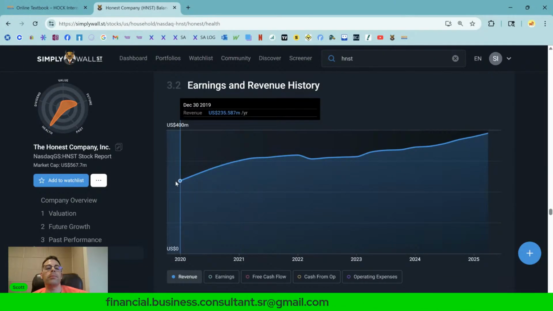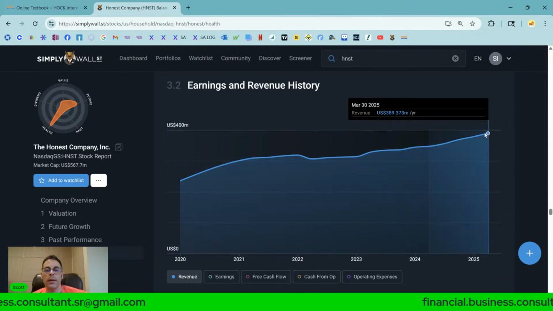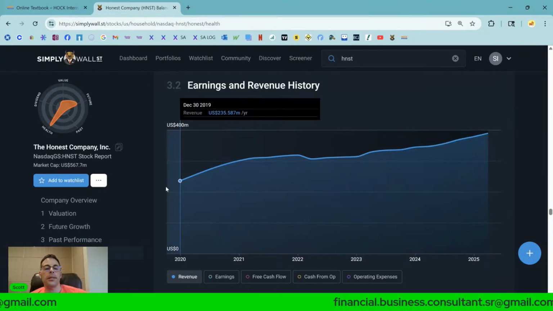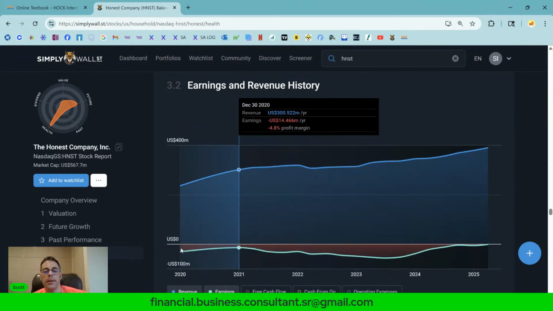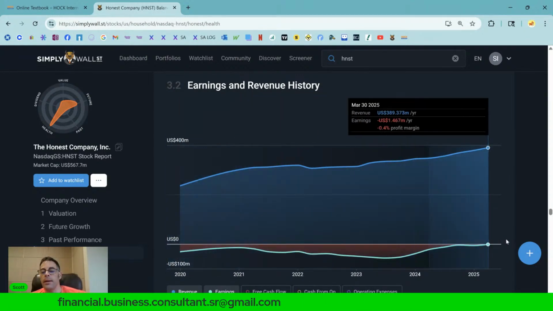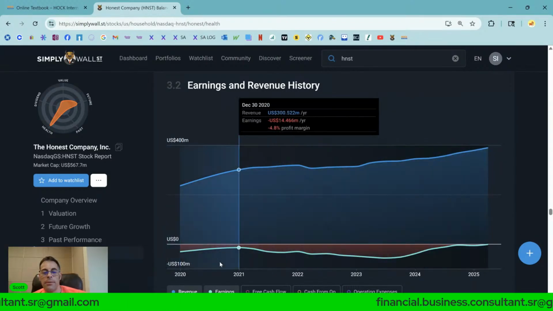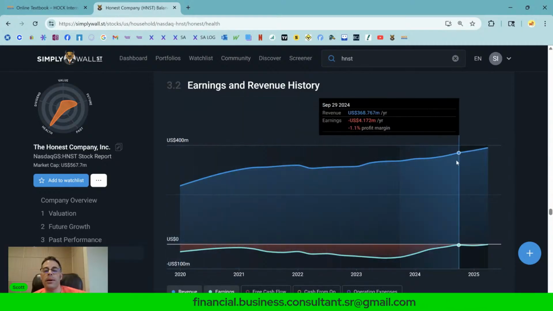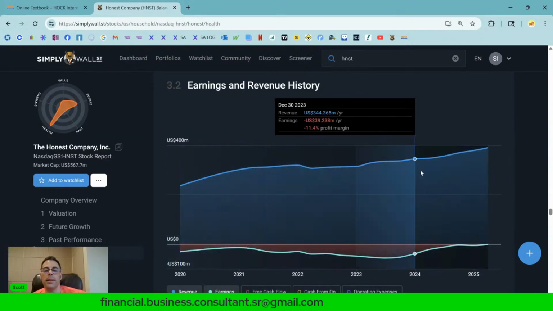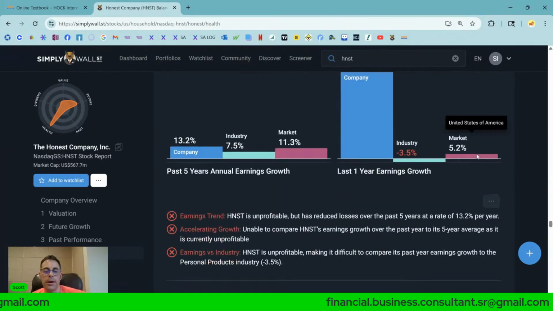So revenue looks pretty good. 200 million up to 389 million. So it's a modest growth. But they've always had negative earnings at every time frame. But when your revenue is low, it takes time to get the profitability. So they probably need to hit like 600 million revenue in order to be profitable.